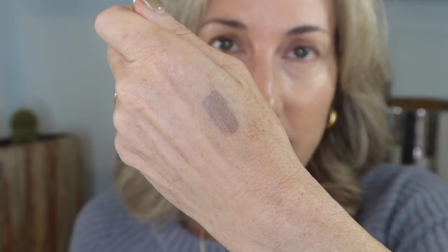taupe shade. So to be honest, I don't necessarily love liquid eyeshadows for some reason. I just don't feel like I have as much control with them, and sometimes they can look a little bit patchy. So this one though, the formula is so darn creamy. Here is a swatch of taupe. Of course, Andrea makes everything look amazing, but it just looks so easy. I love the color, and I've heard really good things about this Ellis Faas brand. So I am going to use this taupe today, and I do have to say I love the texture of